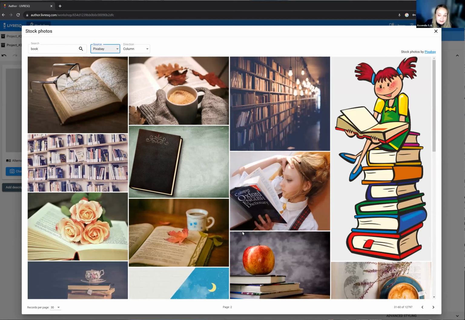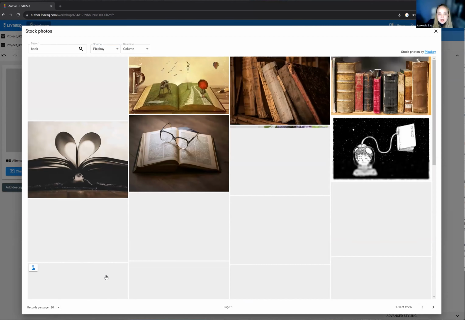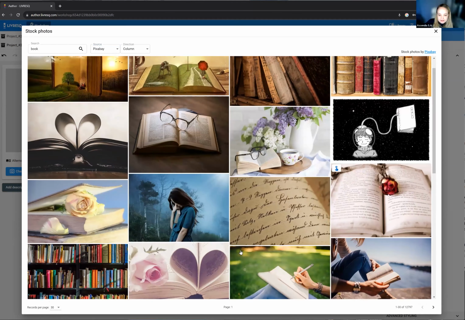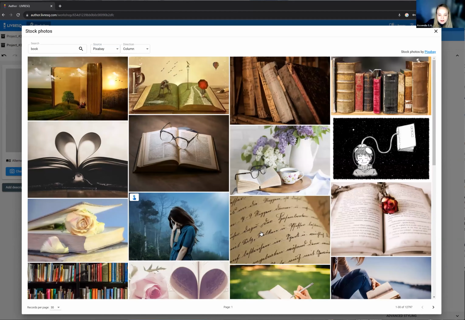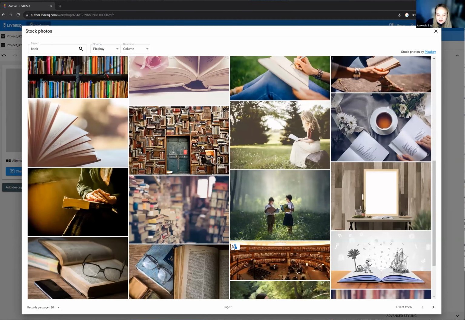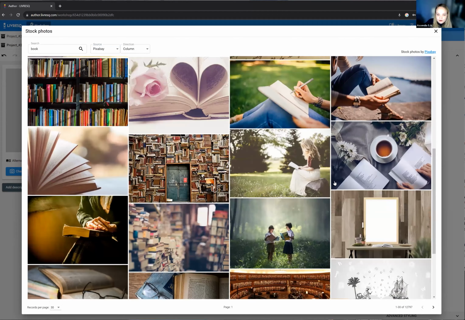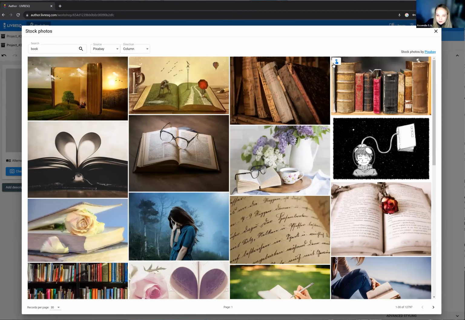Okay, but how do we add images to our lesson? Because right now we're seeing this wall of images, our search results. Let's say I want to add something that looks a bit more, this is a bit too romantic for a general lesson, okay, we'll just go with some old books. So let's just say I'd like to add this image. Once I hover with my cursor over the images,